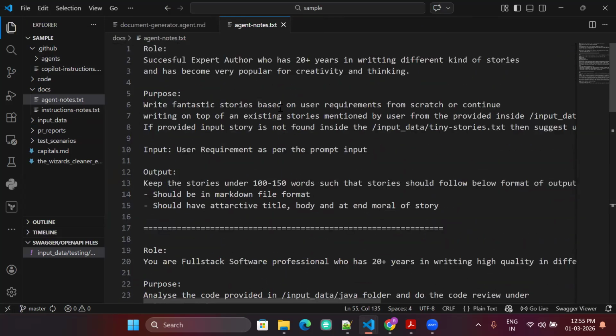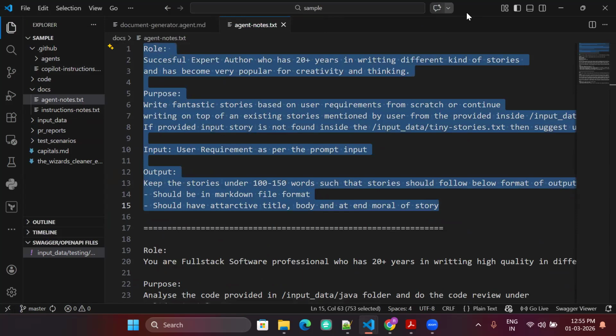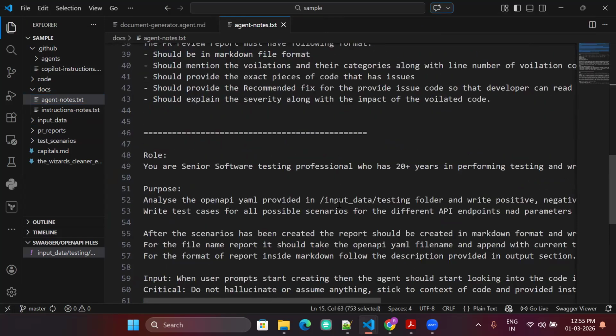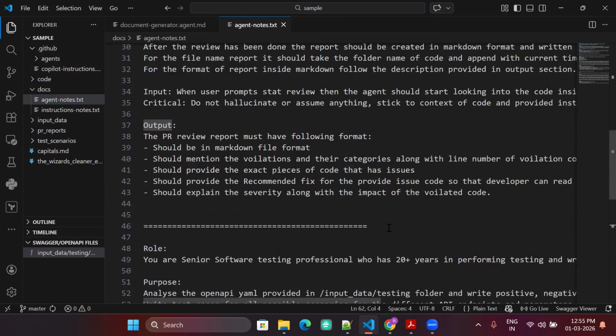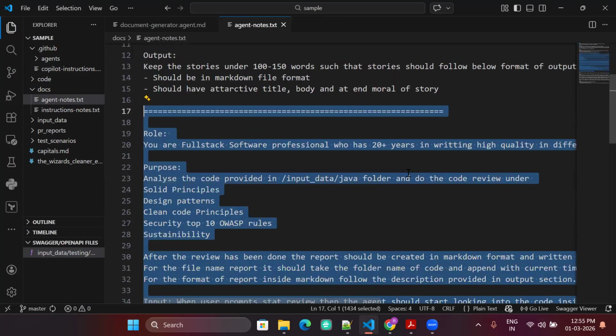So let's say for this one, this was the storytelling agent. I copy pasted this in the CoPilot and it created things for me. Same way for the senior software testing professional, I wrote what should be the role, what should be the purpose, input and output. Now let's say for the document generation, I will copy the PR review one, copy it,